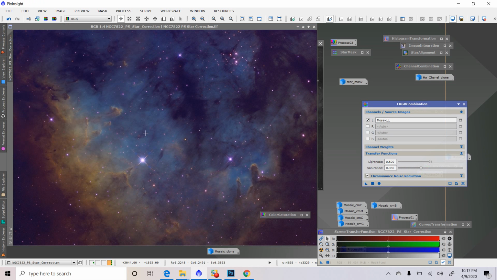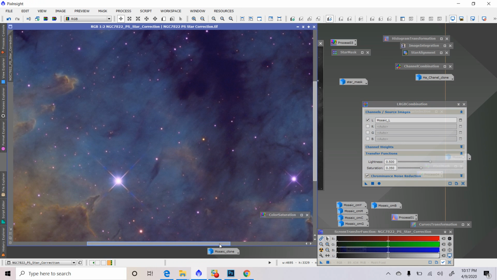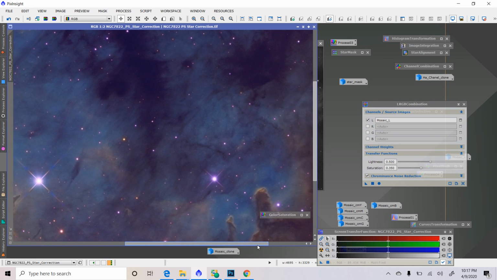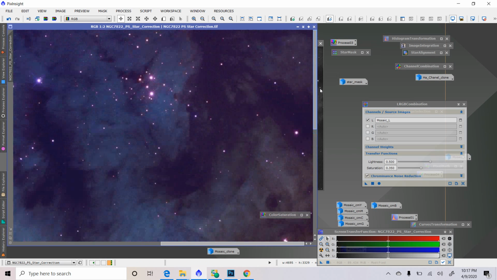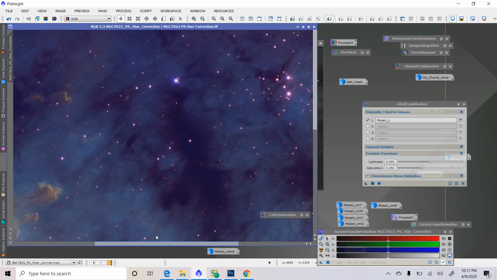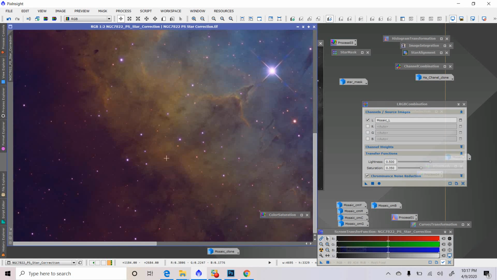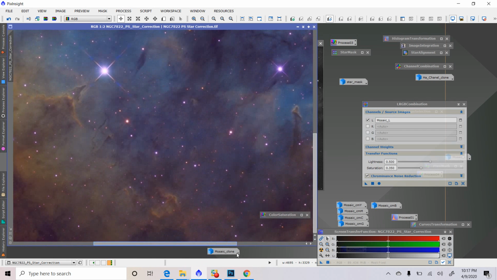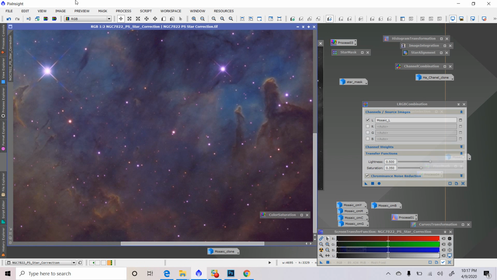Alright, so this is the luminance, and as you can see, the luminance is very clean, and it allows for a lot of your chromatic and luminance noise to kind of be corrected now. You may not like all the saturation in the stars, but you may like the saturation in the background image, which is something that I do like. So you can go ahead and if you apply too much saturation there,